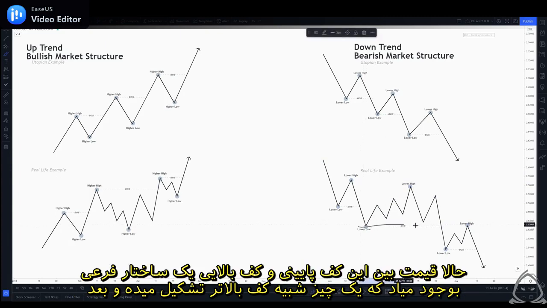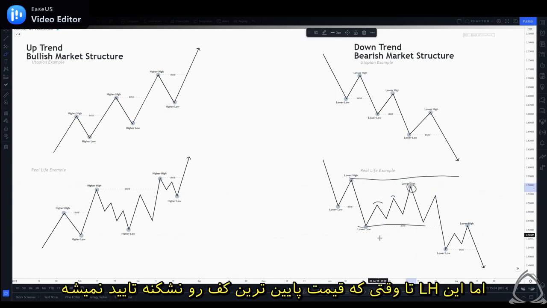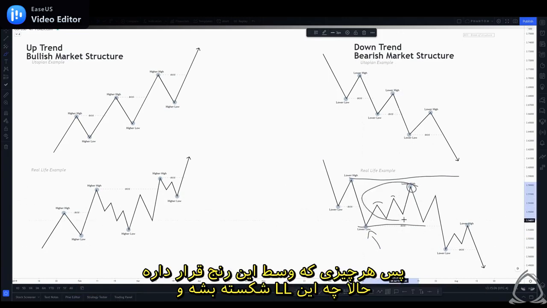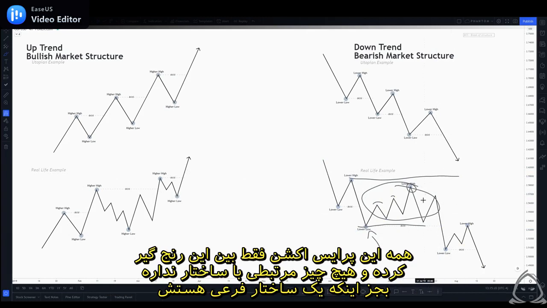What we can see in between this lower low and this lower high is a bit of substructure, where we are creating what looks to be a lower high, but then we end up breaking the previous lower high, creating a higher high of this substructure, until we finally create this lower high. But this lower high is not yet confirmed until this lowest low is broken. So anything in the middle of this range, until this lower low is broken, confirming a new lower low, or if price breaks to the upside and starts to trend bullish, creating a higher high, all of this price action is just caught within the range